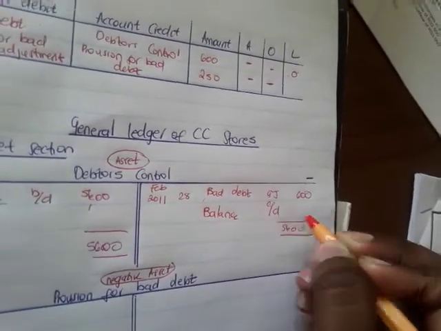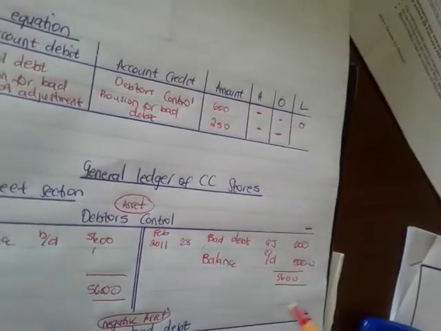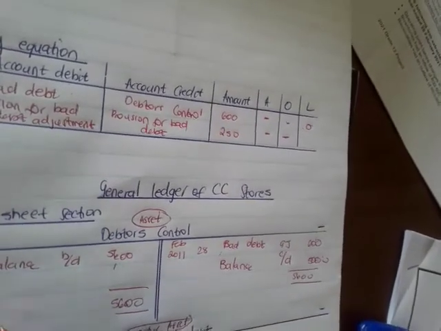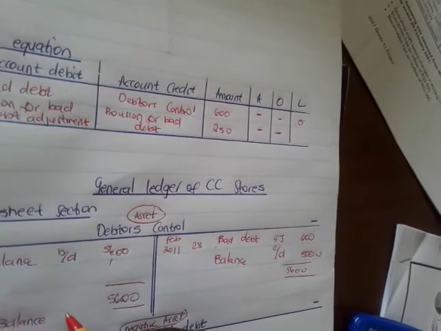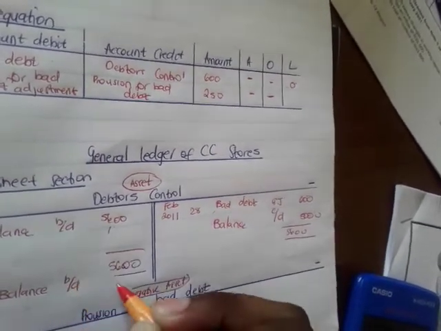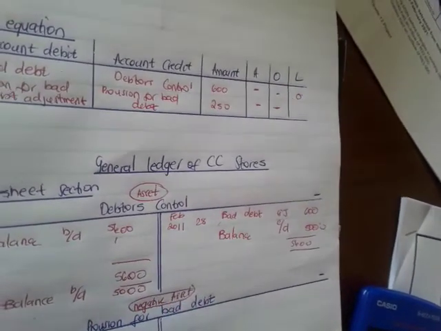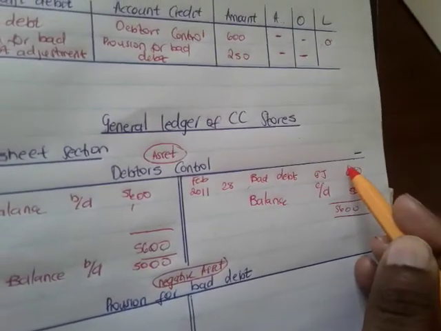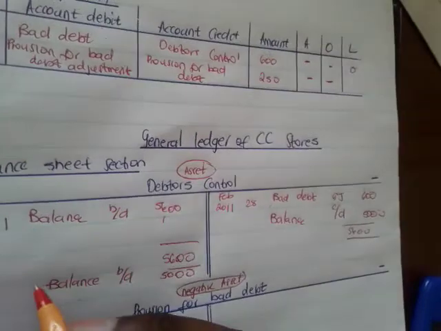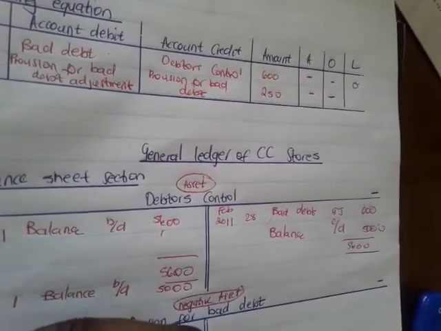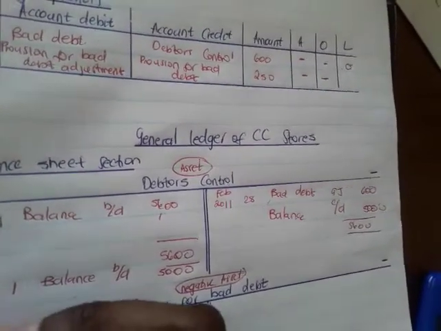Balance carried down as 5,000. Okay, so you'll take it to the other side and say this is what I will be having next day. Balance brought down next day of 5,000 in this account, because I had to decrease this account by 600, right? So on the 1st of March 2011,